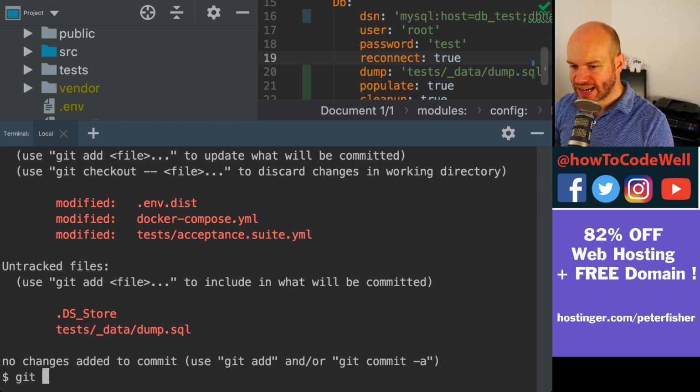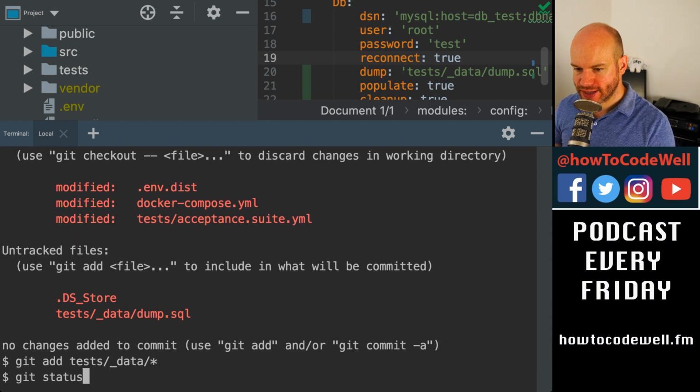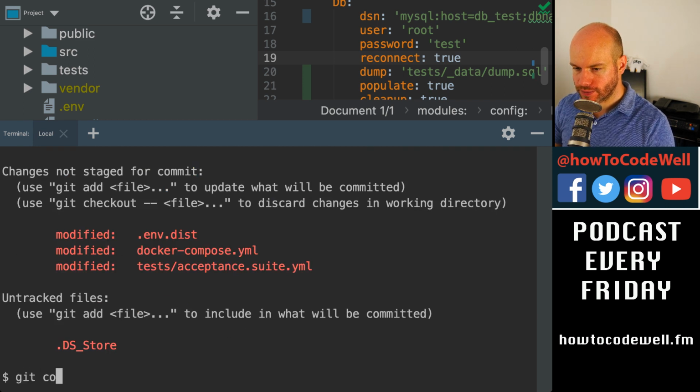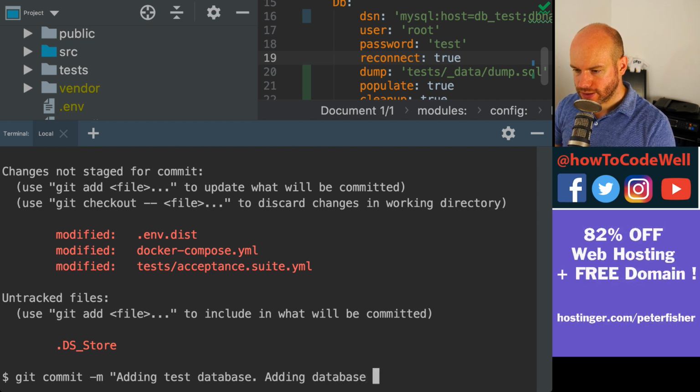So if we did a git add of tests underscore data, all those things, do another git status, then we do a git commit -m. So adding test database, adding database test dump, and what else were we doing? Adding